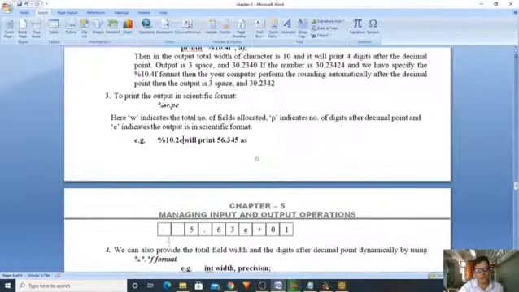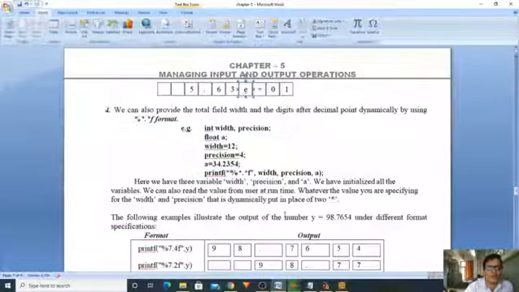Please observe here. It consists of 10 boxes, 1 2 3 4 5 6 7 8 9 10. Right, so what does this 10 indicate? It is a 10 width. After the point, how many precision numbers should exist? 2. So 5.63. After 63, what do we have to get? The e value followed by the rest. Okay, so this is your third format of the formatted output function.